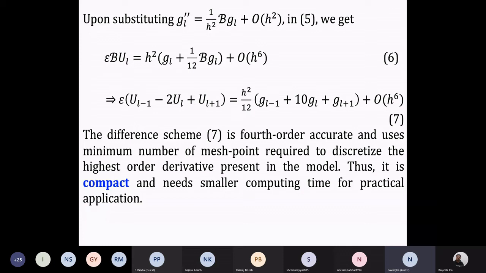Similarly, 3 is the minimum number of points required to approximate the second derivative. Well, I am saying you can use 5, 6, 7, 10, 20 points to approximate the second derivative. But the scheme that uses the minimum number of points is called compact. What is this compact? What is the advantage of compact? Because I am telling you,